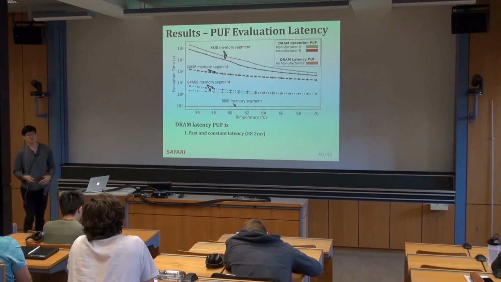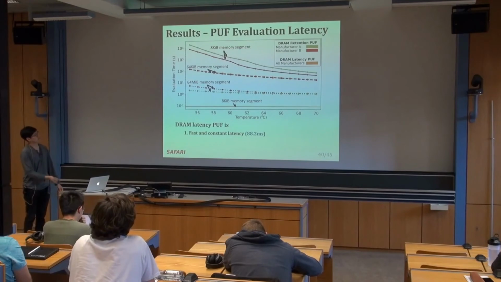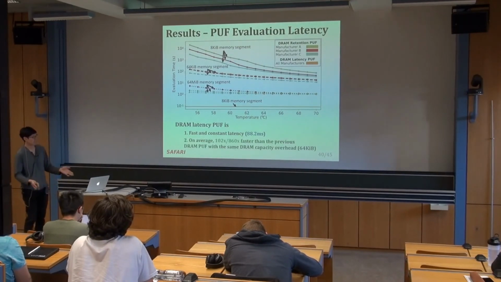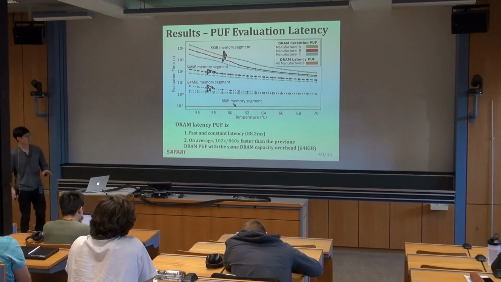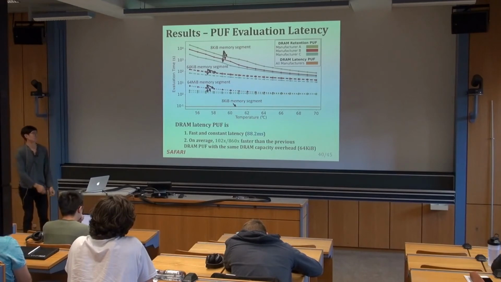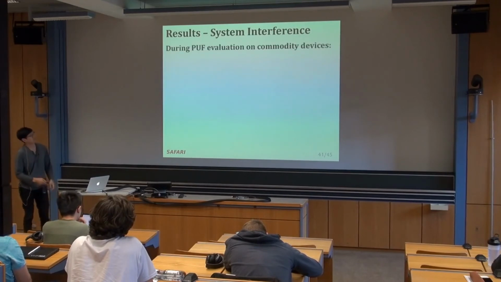And so we repeat this analysis with all of our chips from manufacturers A, B, and C, and we see similar trends regardless of the manufacturer. And so on average, the DRAM latency PUF is 102x or 860x, based on the temperature, faster than the previous DRAM PUF with the same DRAM capacity overhead. And so in terms of system interference, during PUF evaluation on commodity devices, the DRAM retention